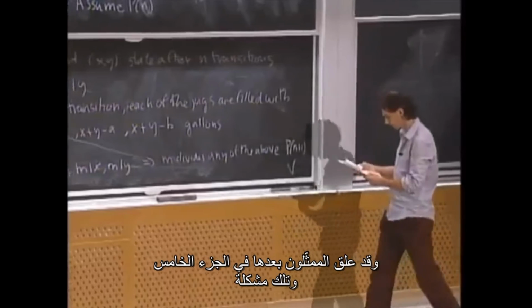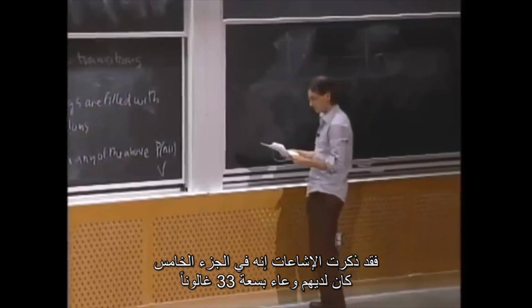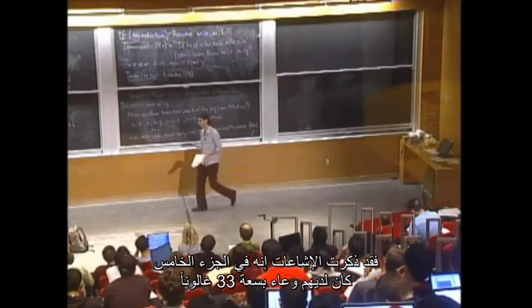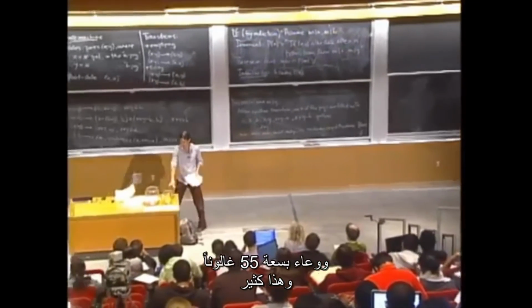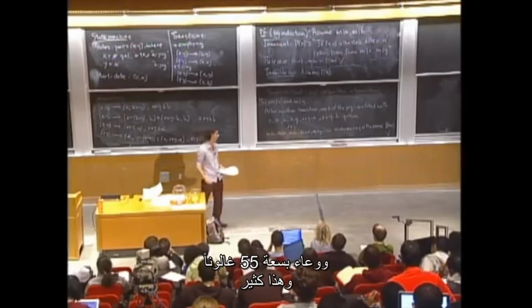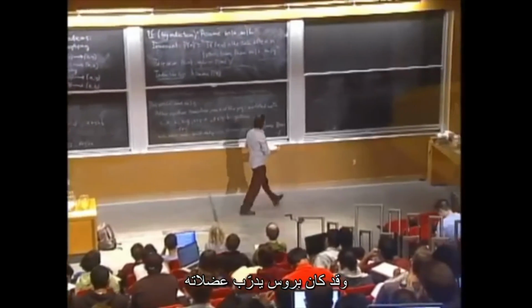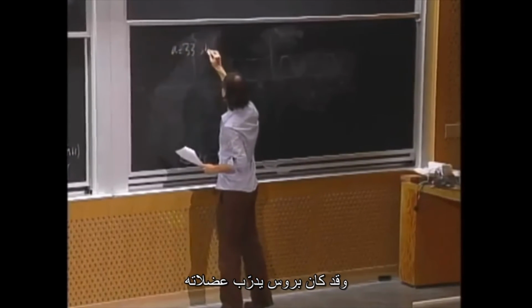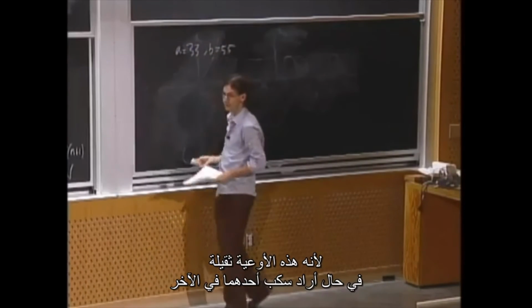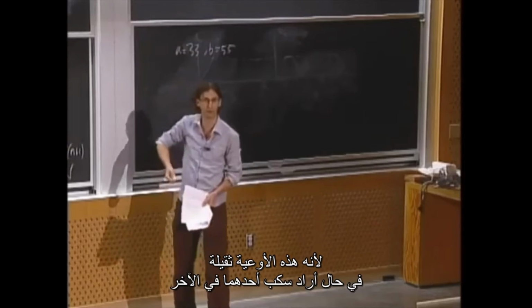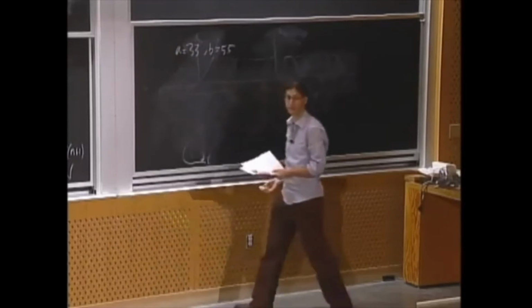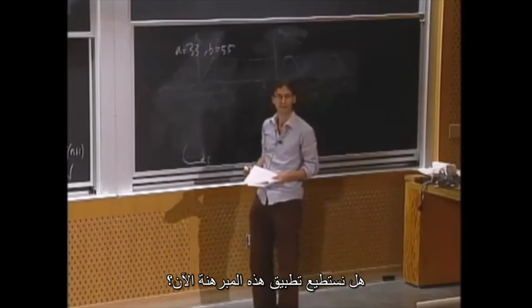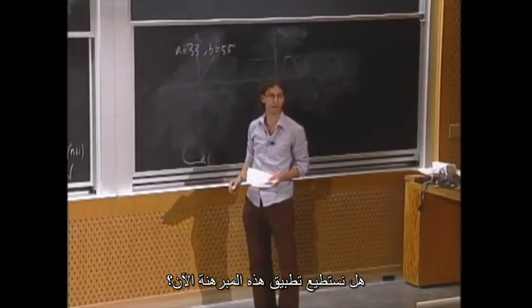That was a problem because the rumors were that in Die Hard number 5 they had a 33-gallon jug. That's a lot. And a 55-gallon jug. So Bruce has been training his muscles, because you can imagine those are pretty heavy, so if you want to pour one into the other, my goodness. But the question is, is he training the right muscles? Can we apply this theorem now and show that,